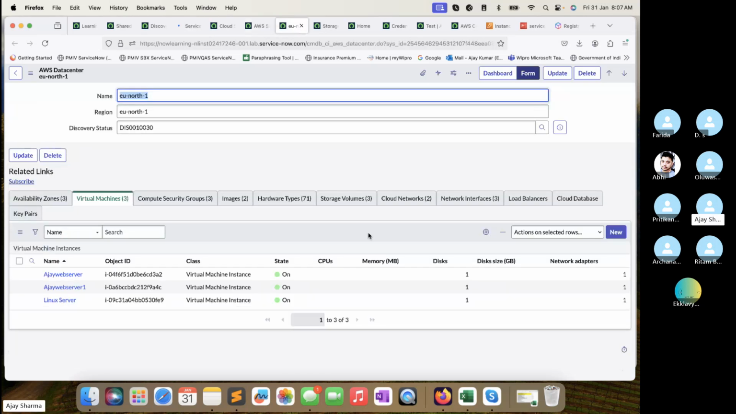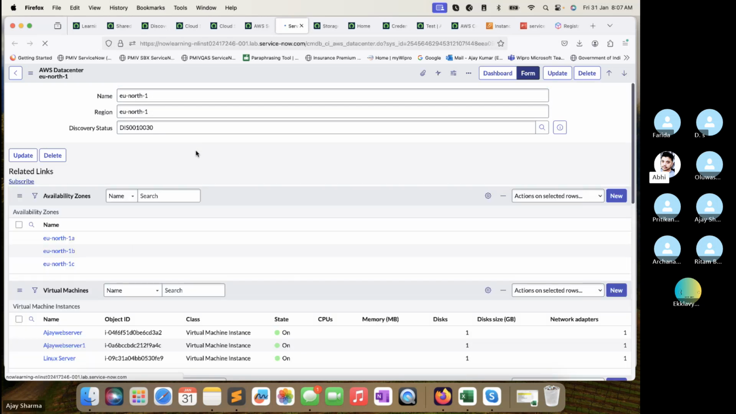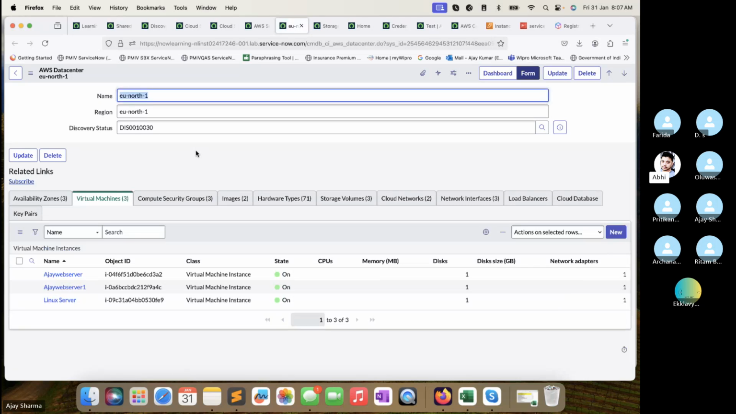So any questions in that one? Till the time my discovery is running, I think it will take a couple of minutes, but yeah. So Ajay, from cloud discovery, if you can give us some most frequent errors which we are facing. Cloud discovery, right? I don't have handy that particular errors, but